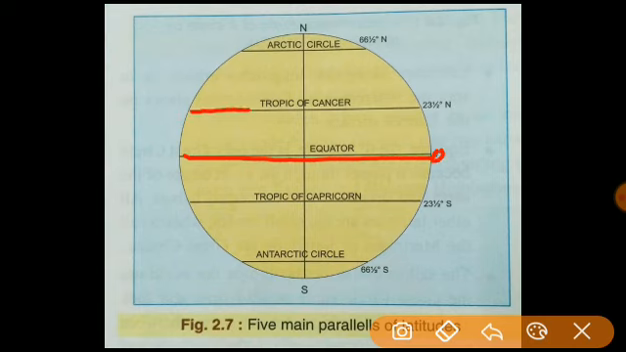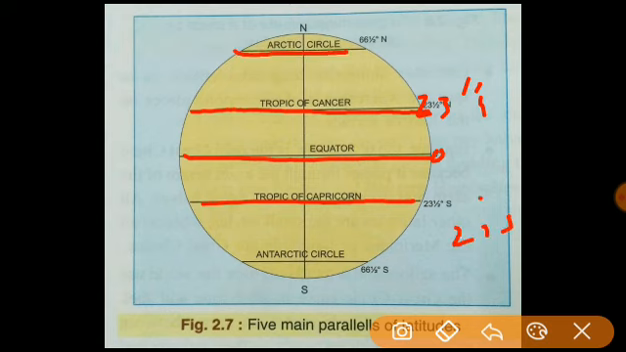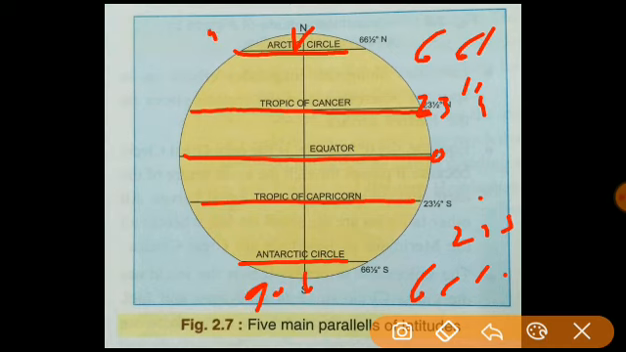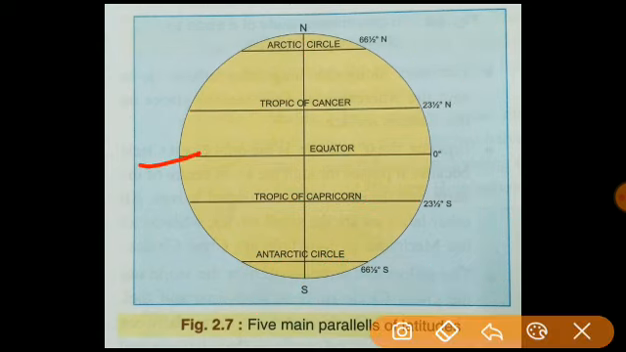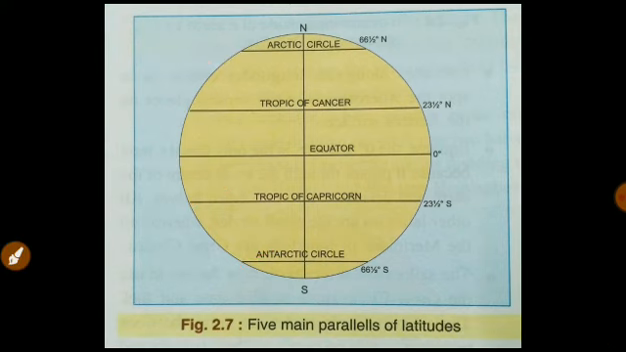Then the next two are the Tropic of Cancer, which is in the northern hemisphere at 23.5 degree north, and the Tropic of Capricorn, which is at 23.5 degree south in the southern hemisphere. Likewise, the Arctic Circle is at 66.5 degree north, and the Antarctic Circle is at 66.5 degree south. The North Pole and South Pole are both at 90 degree. These two are points, but there are five important lines: the equator, Tropic of Cancer, Tropic of Capricorn, Arctic Circle and Antarctic Circle. These five lines are very important. How? See,